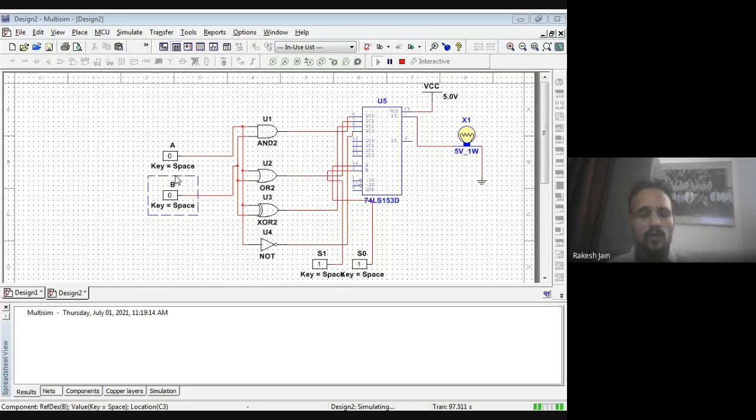Now, I hope you understand this Multisim software. So let's understand more about this Multisim software. This is a digital project. Now let's suppose I want to check any analog thing on this Multisim software. Then how can I use this Multisim software?